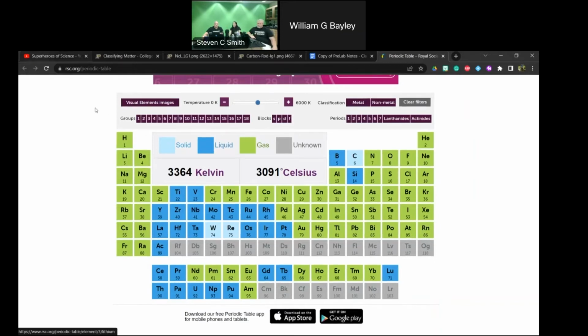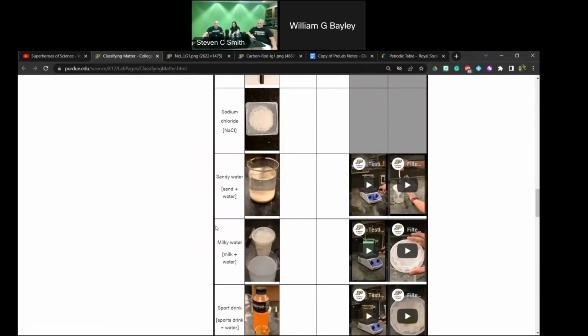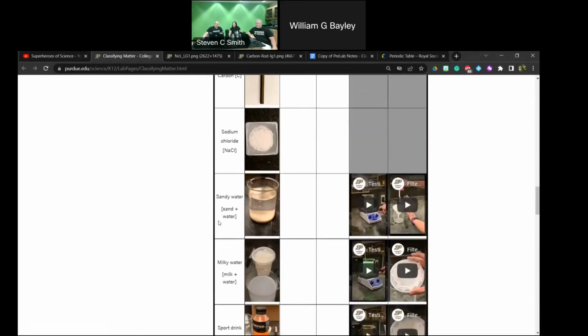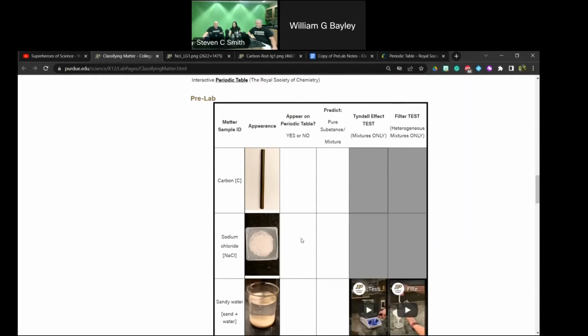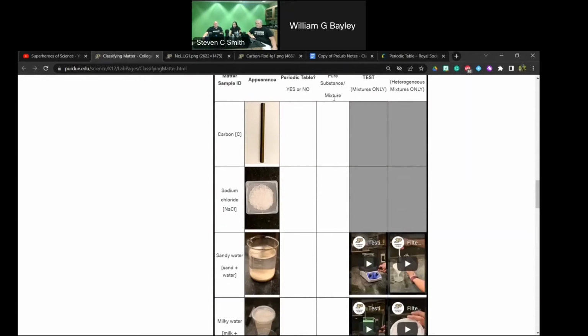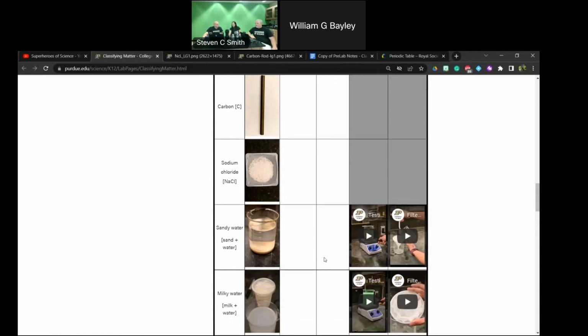Because we can't relate any piece of this directly back to the periodic table, ultimately, yes, we would get there, but it's different from just an NaCl or just a C. So that's what we mean. We can't directly trace it right to the periodic table. That's when we're going to say no, it's not on the periodic table. This is a no. And if it's a yes, then we're calling it a pure substance. If it's a no, we're calling it a mixture, right? And this is how we're differentiating those.